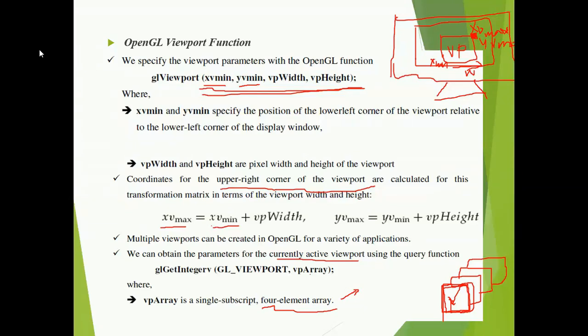You have to get that information using this particular function to obtain the parameters of the currently active viewport.